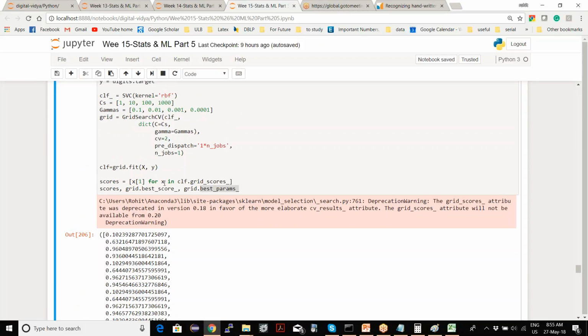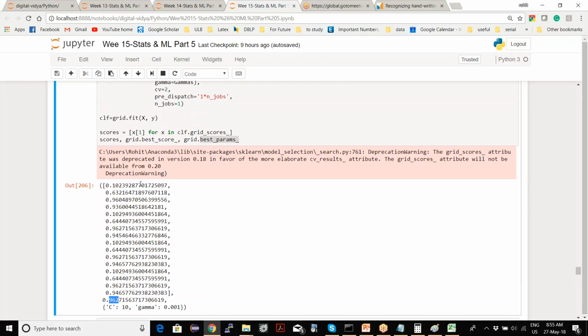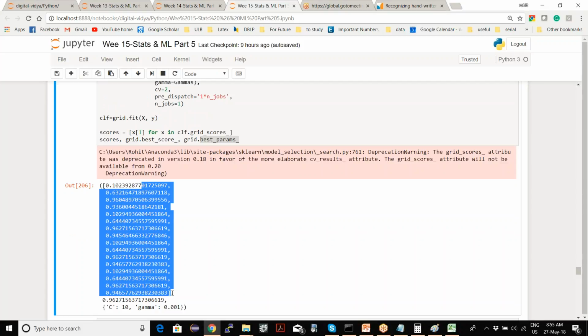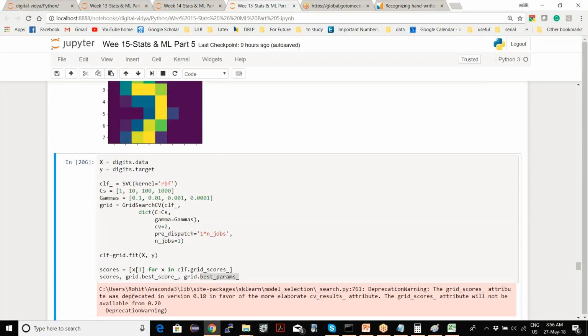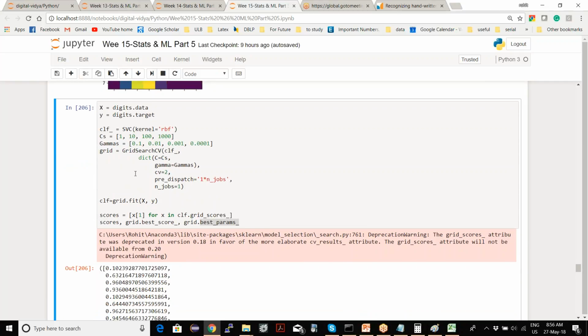So you could have done it yourself by hand, running this with each combination. How many combinations are there? I guess 1 2 3 4, 5, 2 3 4, 4 into 4, 16 combinations. For each combination, these are the 16 accuracy scores, and it picked the best one for you. Obviously you can do it yourself, but if there are 100 different permutations, then running it yourself 100 times is tedious, so it is better to do a grid search.